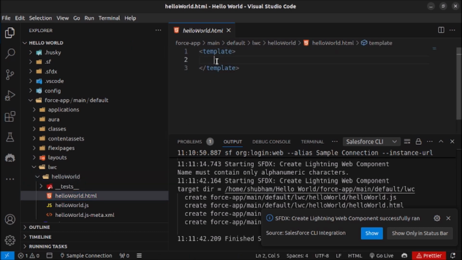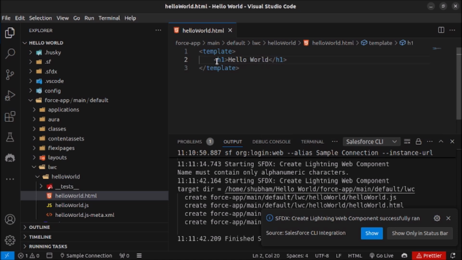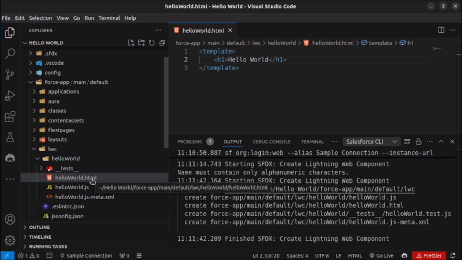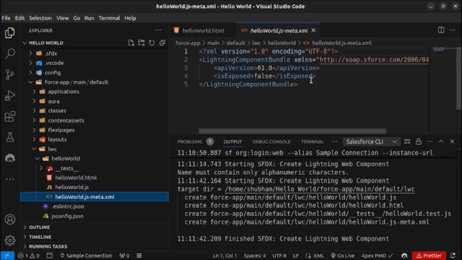I will just write an h1 tag here, which is hello world. When you create an LWC component, it will give you 3 files. One is the HTML file where we will write the code which the user sees. In the JavaScript file, we write the code of our controllers, and in this meta file, we will write all the configuration, like on which pages this component can be shown, or other configuration. We will learn about it in